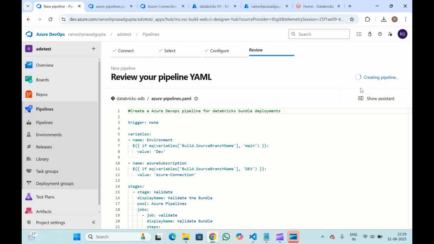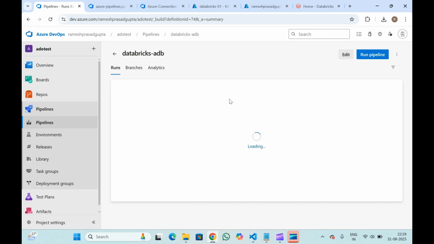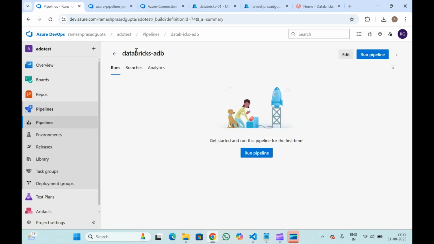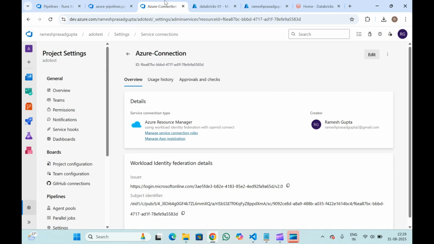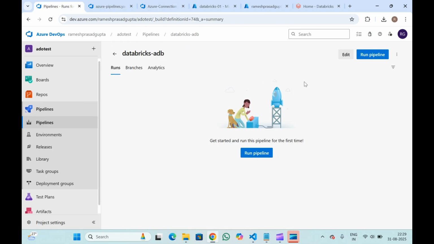Let's save it. So this pipeline is created. Let me tell you another thing as well. Since we have created this Azure connection, if you just run this pipeline, this will fail